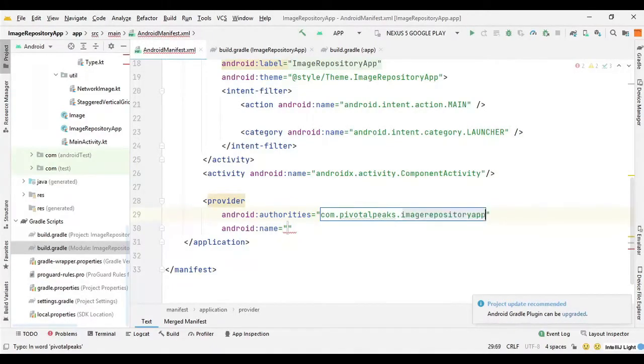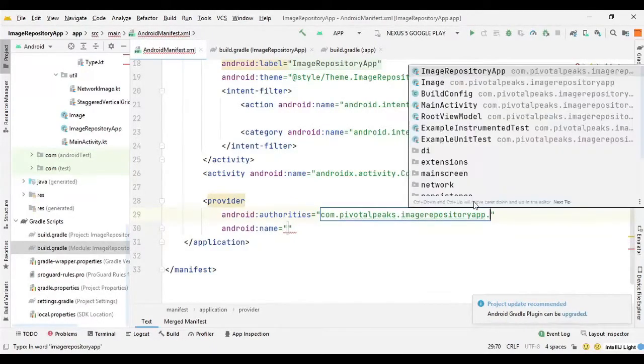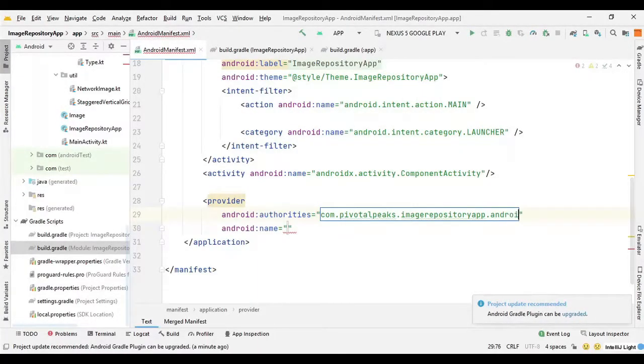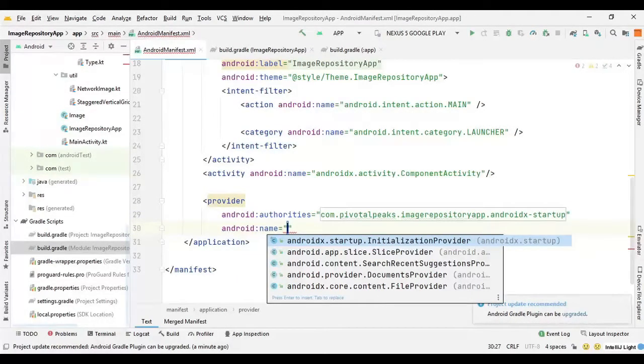So we can say image repository app, and then we can provide the androidx.startup. So we can say androidx-startup. Then we need the name, so we can provide the androidx.startup.InitializationProvider,